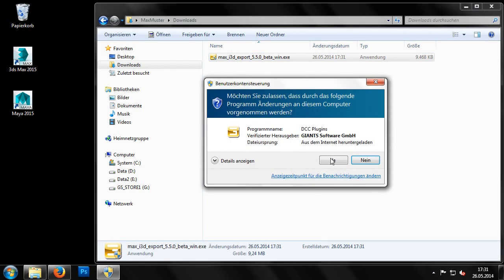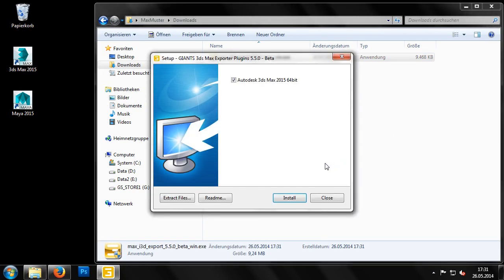Once the relevant files have been downloaded, we can begin the installation. The setup program has two different options for installing the exporter plugin. The first and easiest is the new and fully automatic plugin installation. For this, the setup program should detect the version of 3ds Max that we have installed, as we can see